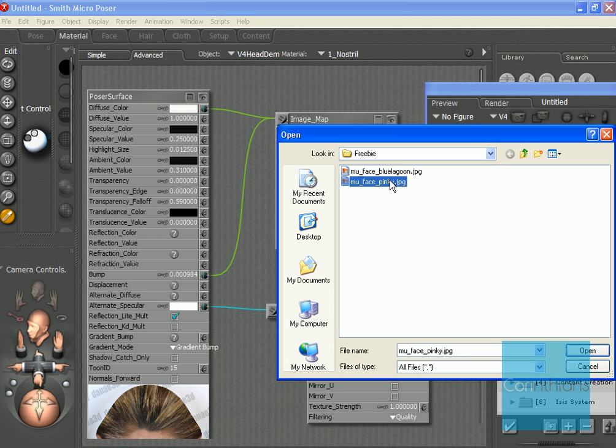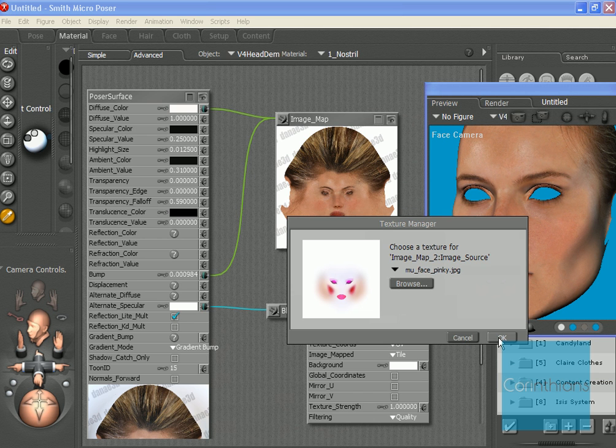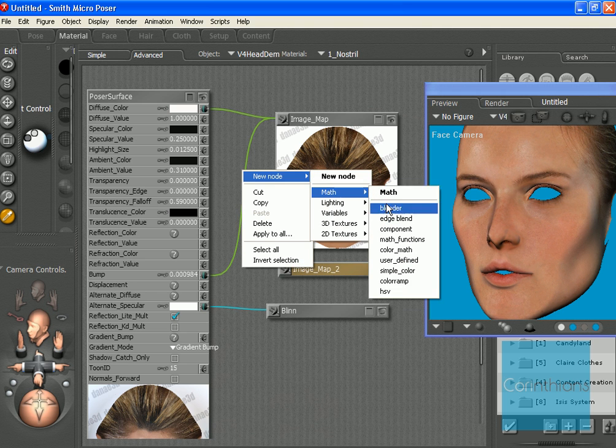If you're following the tutorial, you'll probably be grabbing the same texture or something similar. Of course you can use your own. Now I don't have to explain what I'm doing here because you're watching a video and you can follow along pretty well. What I'm going to be doing is using color math,